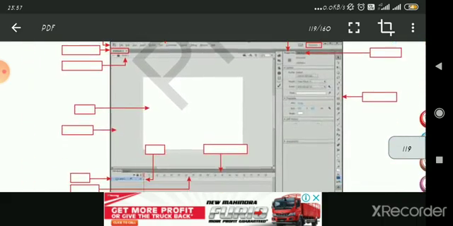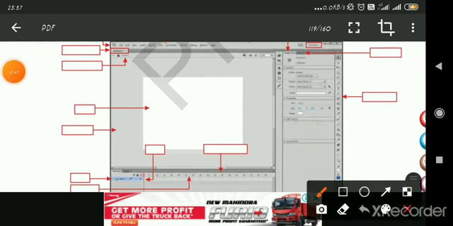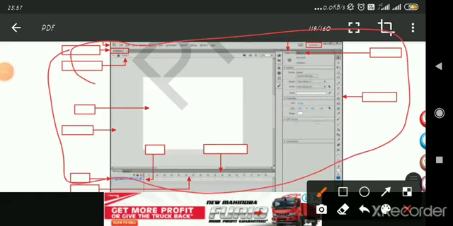And this part, of course, it's a request that you should all fill this, because these things are given in the book. Fill the boxes of the windows which are given over here.